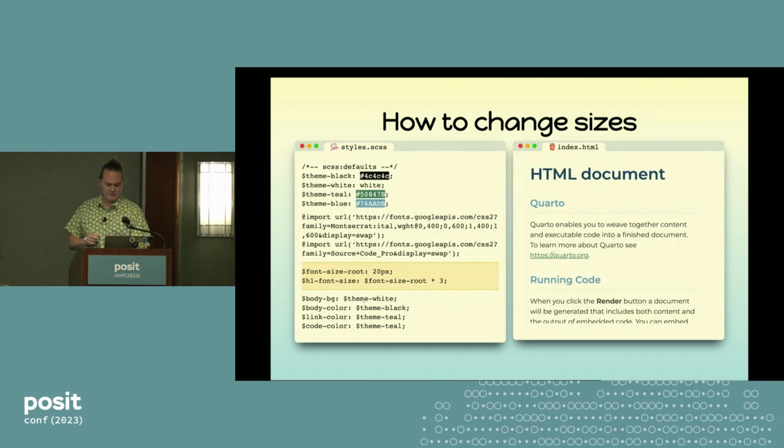And yeah. Lastly, sizing. I'm a broken record by now. You set them up as SCSS variables. There is this great idea of the font size of the root. It's the size of the main text of the document. You set that, but then almost all the styling of the rest of the document is computed as a function of this root. So the H1 header normally defaults to 2.5 times the root. H2 is 2 times, and so on and so on. The table of contents also has